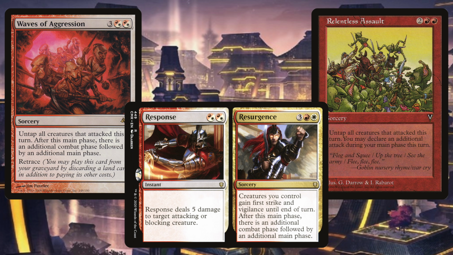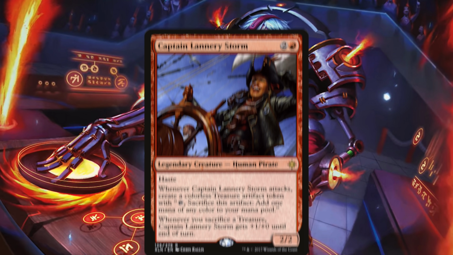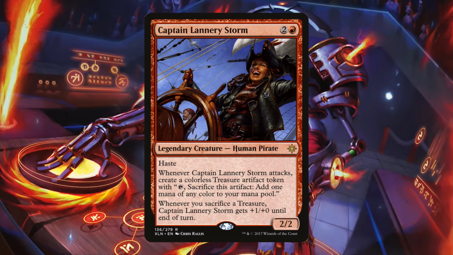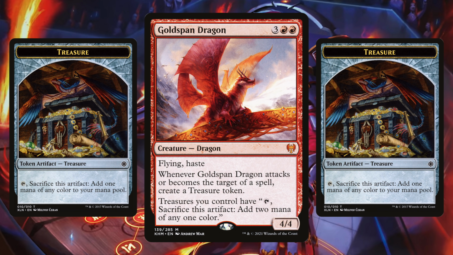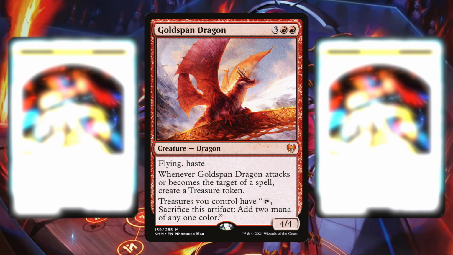Now that we've established how to attack as much as possible, let's look at some payoffs for doing so. Arr! Captain Lannery Storm is a 2/2 legendary human pirate with haste for 2 generic and a red that creates a treasure token, or in our case, 2 treasure tokens whenever she attacks. Goldspan Dragon does the same exact thing when it attacks, with the added bonus of making those treasures crack for